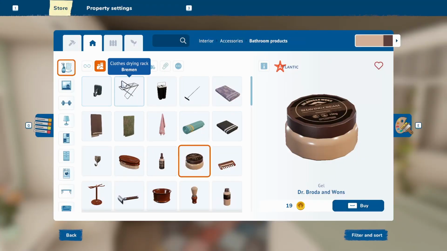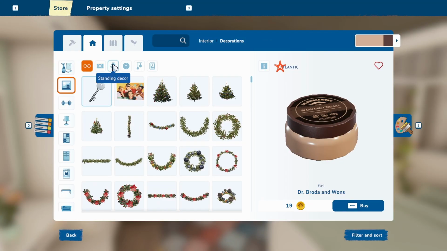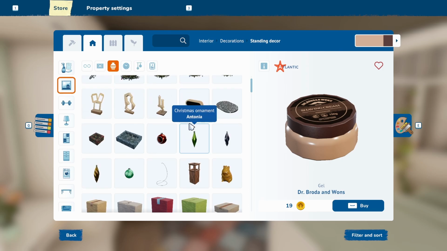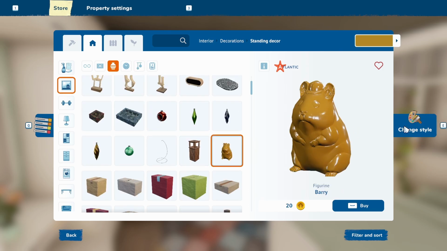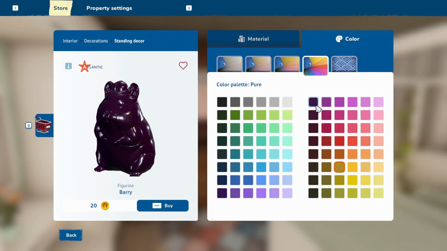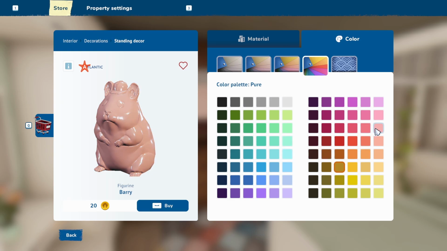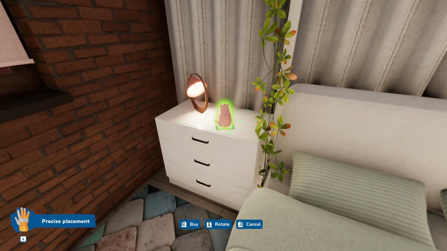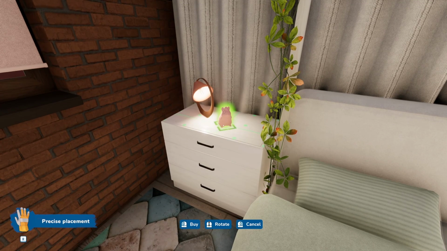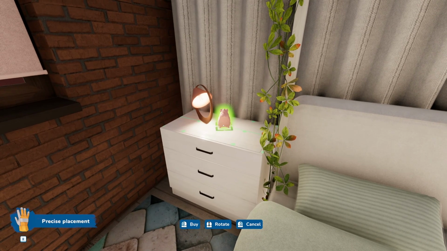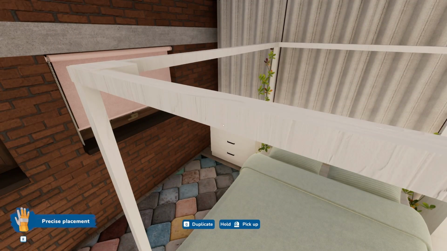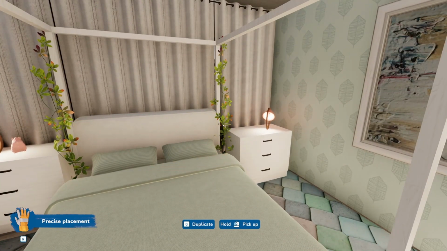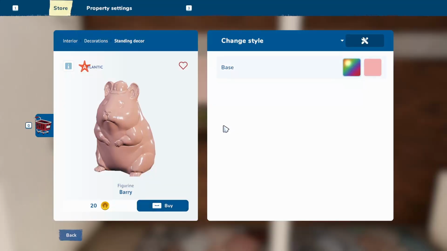And maybe something fun on the windowsill. A little figurine. What color should we do him? It's sort of, no, that's too boring. Let's put him here. Flying. Maybe,